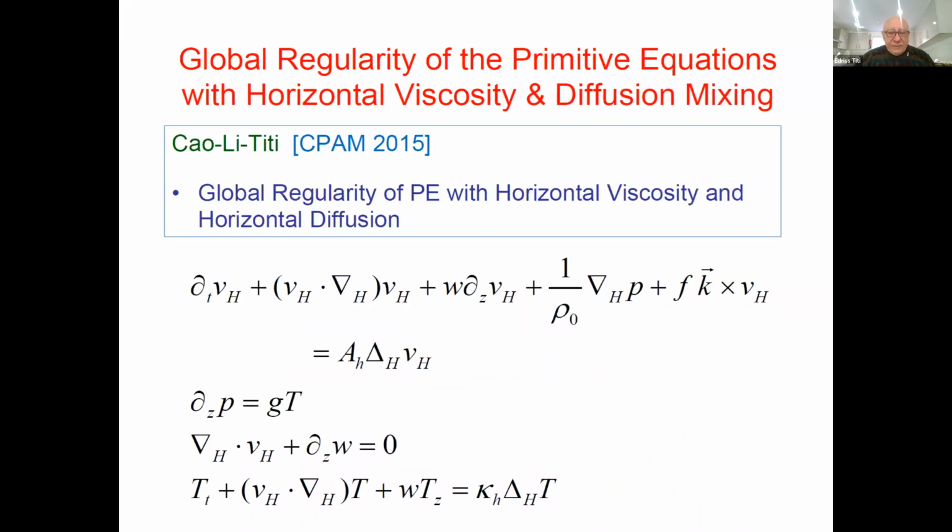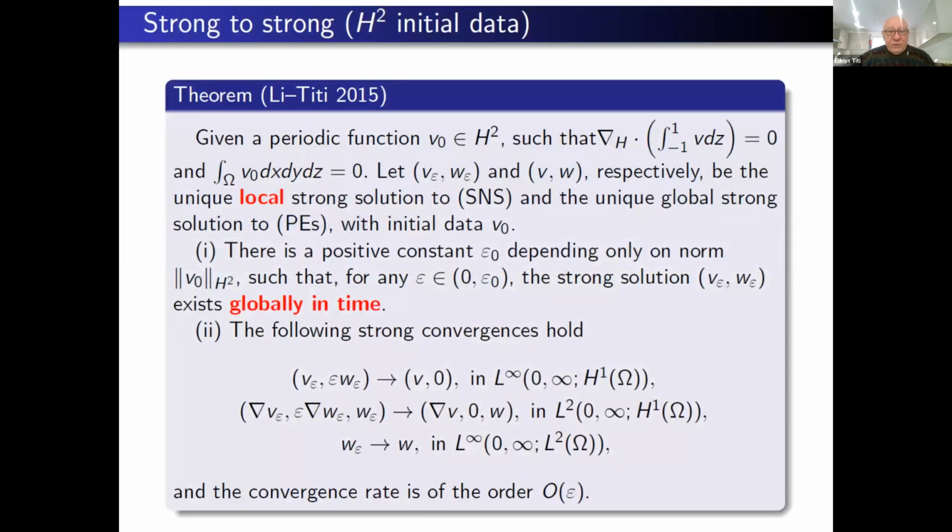I'll go back here to this particular one. Okay, let's look at this one. What happens is that Navier-Stokes has short-time existence. Primitive equation has a global existence. Now, if you show that for short time, the solution of the Navier-Stokes remains close, within epsilon, to the primitive equation, therefore the solution of Navier-Stokes at short time did not become too large. And therefore, you can extend it for a little bit more.